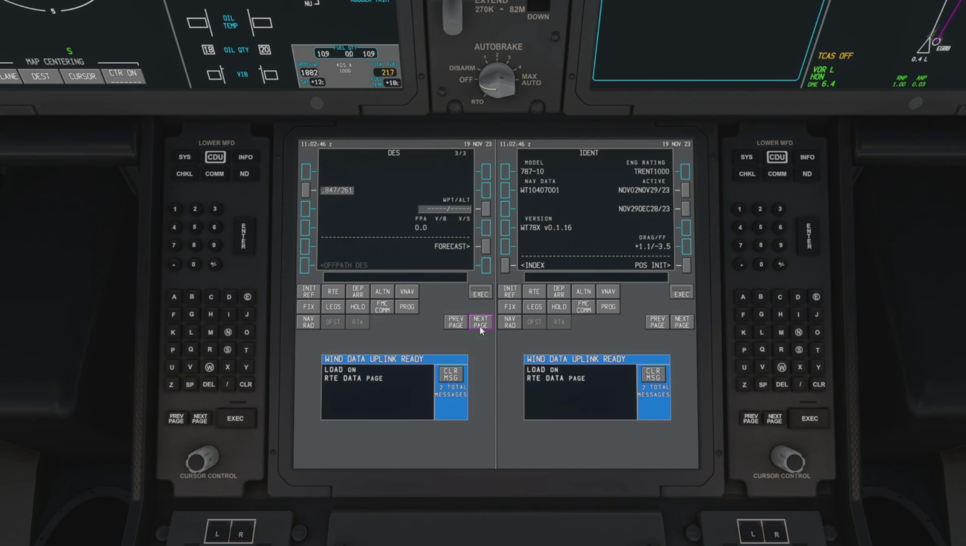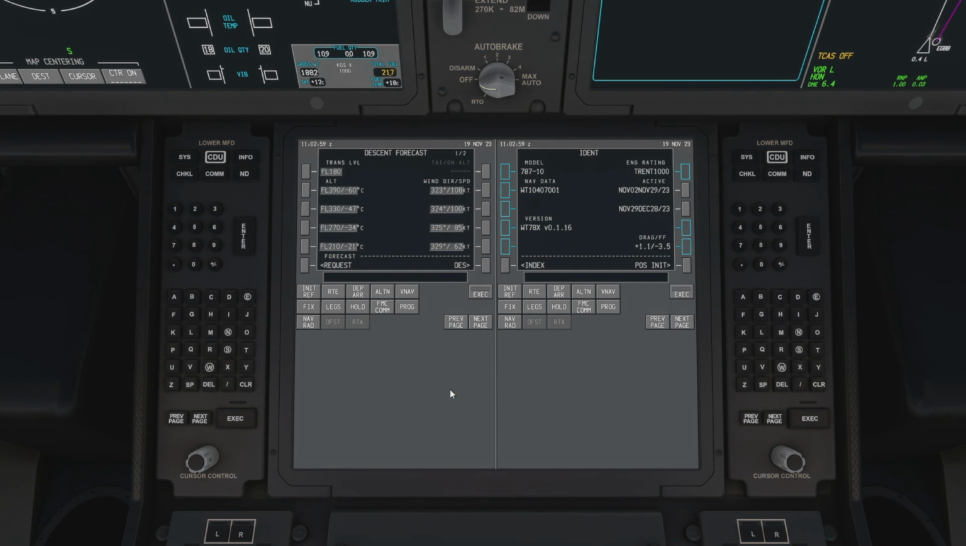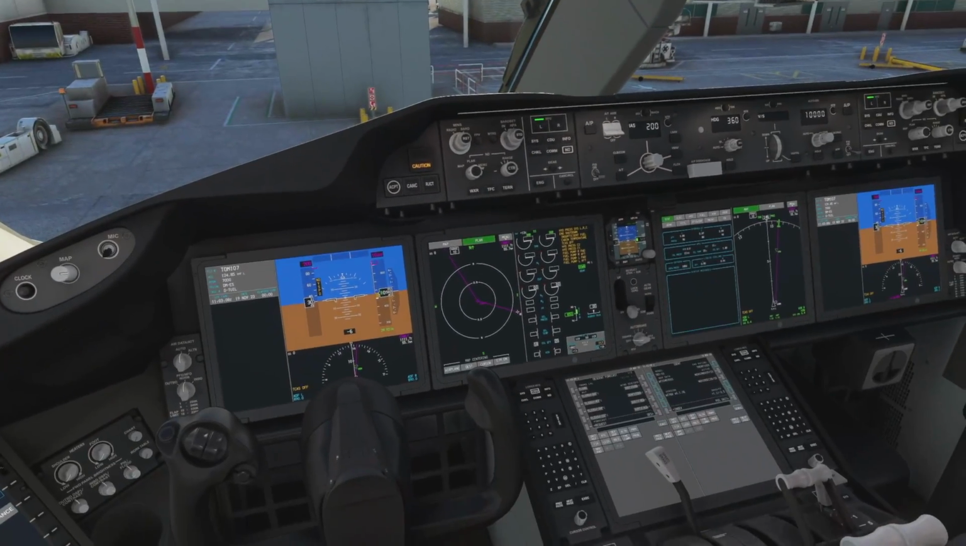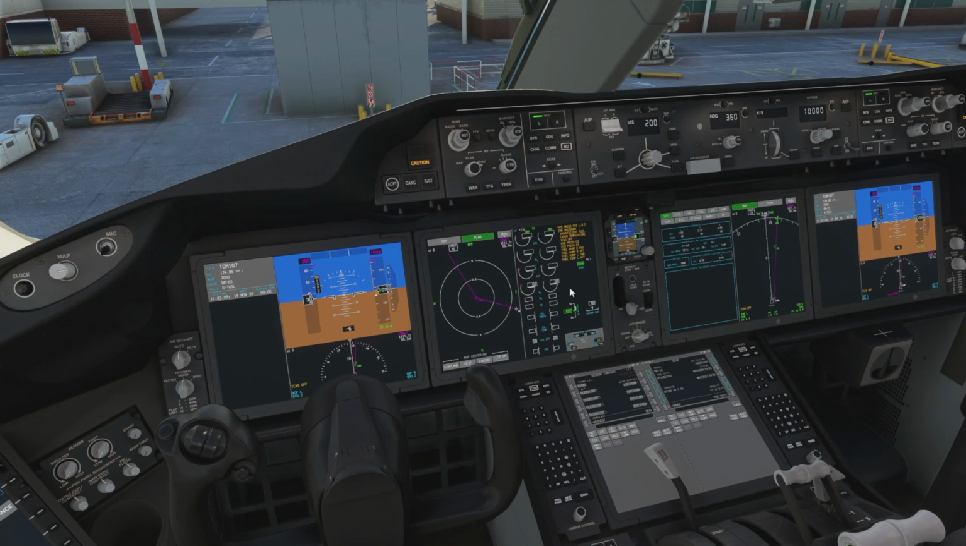So if we go into the descent and hit forecast, that will have already been imported. We just need to hit the load button. There we go, and the same again, it's given us all the altitudes, wind speed, wind direction for our descent, and all that extra information just helps the plane calculate our top of climb, top of descent, just a little bit more accurately. Okay, that pretty much concludes today's video on how we import an operational flight plan from Simbrief